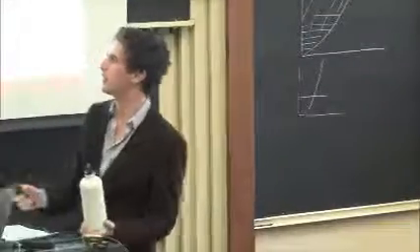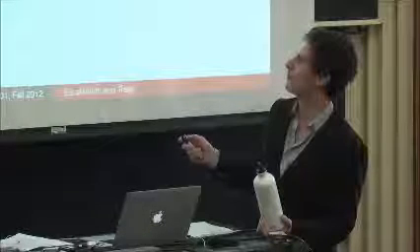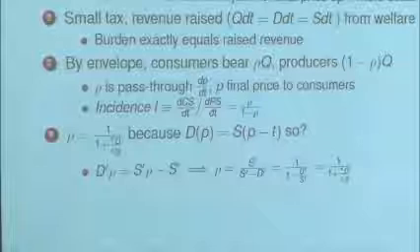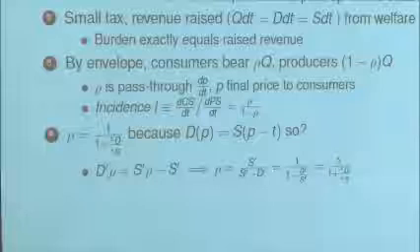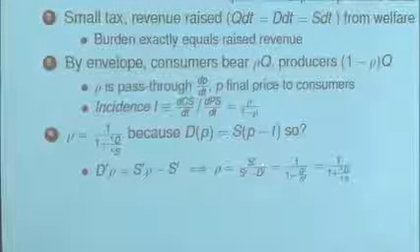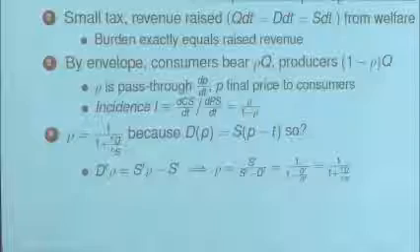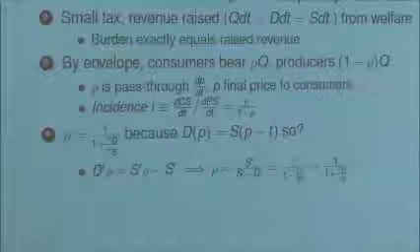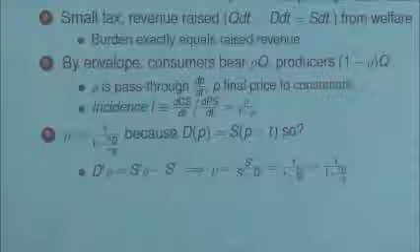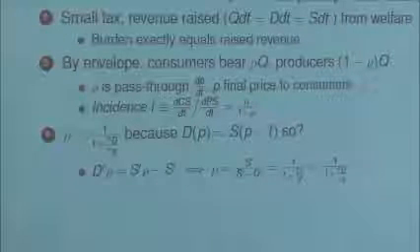Okay, so on the left-hand side, we get d prime times dp dt, which we defined as rho. On the right-hand side, we get s prime times dp dt, which is rho again, minus 1, right? Because when we take the derivative of the tax, we get 1. And then rearranging that, we can group the two pass-through rates on the same side. We get s prime over s prime minus d prime, which is the same as 1 over 1 minus d prime over s prime. And then we